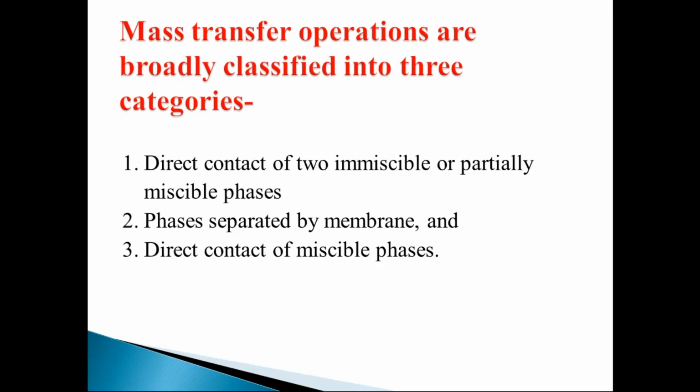And third topic is direct contact of miscible phases. Here direct contact of miscible phases means phases are in direct contact. So for this, example is thermal diffusion, means it is a diffusion but by using thermal energy, temperature, it is thermal diffusion. All these are the important subtypes and subtopics of mass transfer operations. But if the question is asked in exam, classify the mass transfer operation, you have to write these three topics and also write subtopics which I told you, with an example for the same.